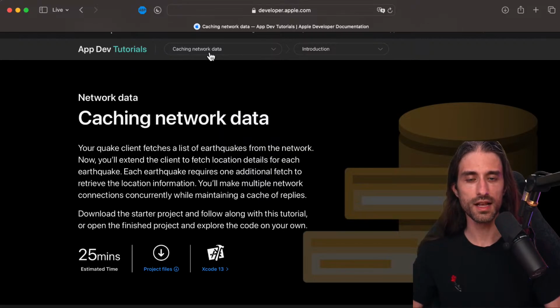I must say that in the past few months, Apple has made a really big effort into publishing high quality tutorials. They published the series of tutorials on how to get started with developing for iOS, and I covered this tutorial in the past few weeks. They also made a great tutorial on how to get started with SwiftData, and one on how to get started with visionOS, which I haven't yet covered.